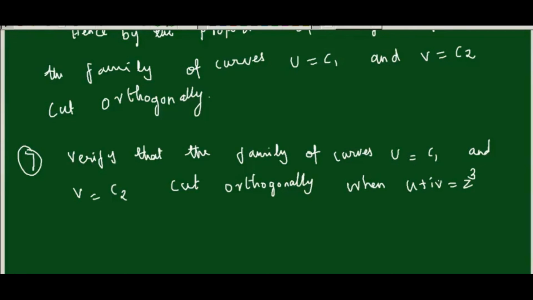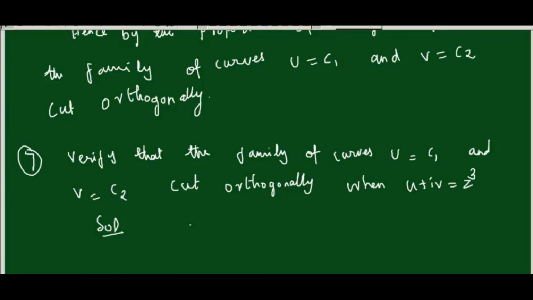So we know the formula for a plus ib whole cube: a cube minus 3ab square, plus i times 3a square b minus b cube. So this formula we all know. You have to apply the formula. Try to do it when you find free time, or otherwise I will send the notes. Anyway, we'll go for the solution based on the time. I will take this problem.